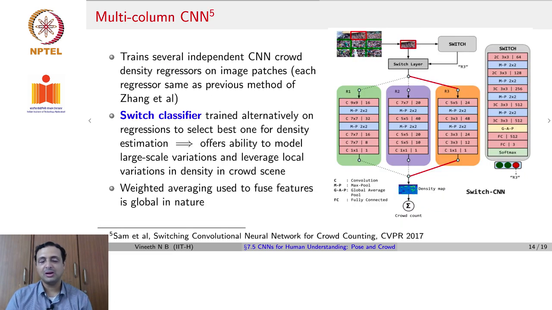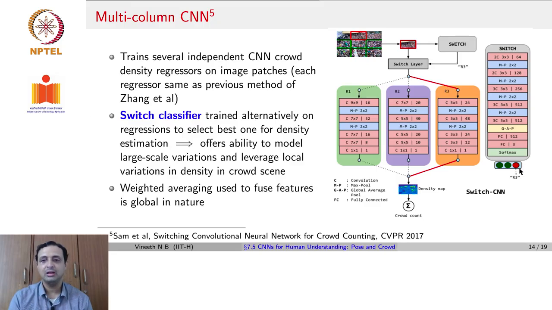A further approach of a multi-column CNN expanded on the approach on the previous slide and introduced the concept of a switch classifier. This work was done in 2017, where each patch of an input image was given to a switch layer which decided which of these resolutions was the right scale for this particular patch. So the switch classifier, which you can see on the rightmost region here, took the patch of the image and then gave an output to see among these three scales which you had as individual columns in your CNN,